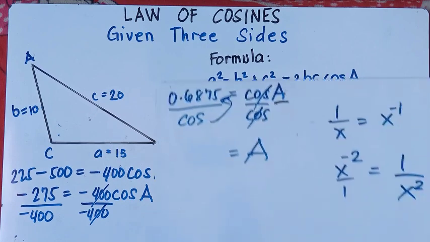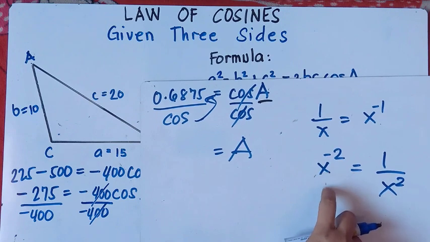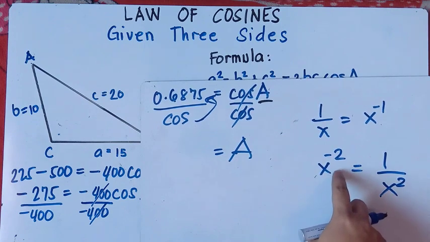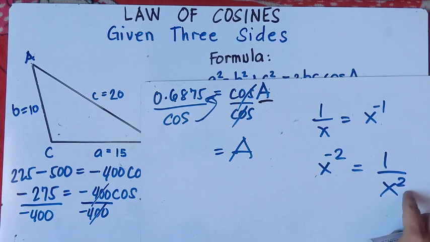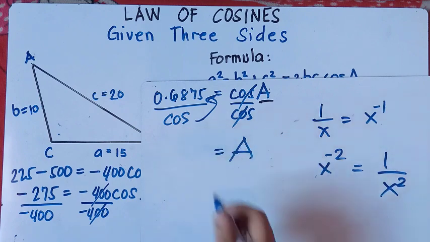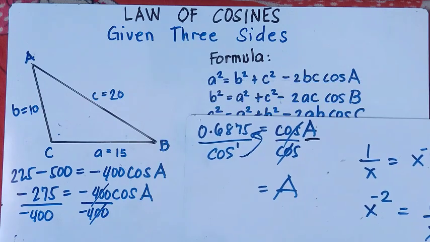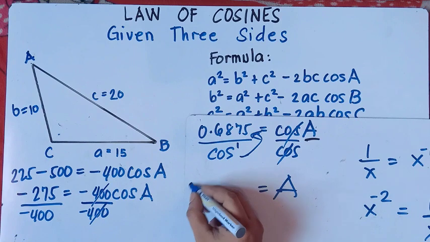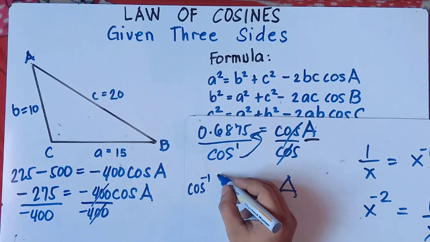Just remember this one, class. X raised to the power of negative 2 in algebra. To get the value of this one, that would be 1 over x squared. So it means that if the positive exponent is on the bottom, you put it upwards and you get the negative exponent. So since our cos here, do not forget that any variable, any number, has an exponent of 1. So since our cos has an exponent of 1, when you put it on the top, it becomes cosine raised to the power of negative 1. It means cosine inverse. Then copy